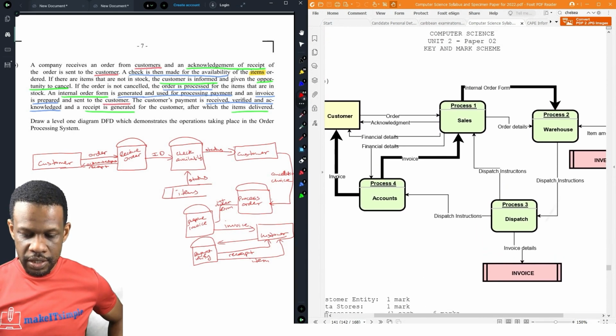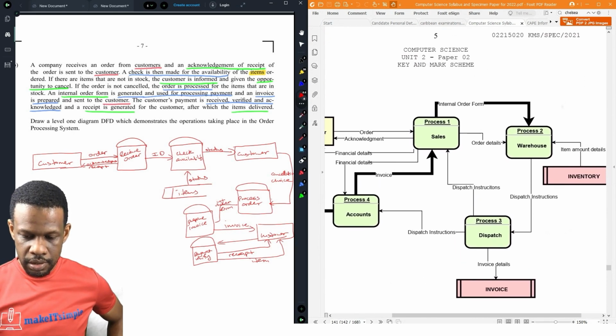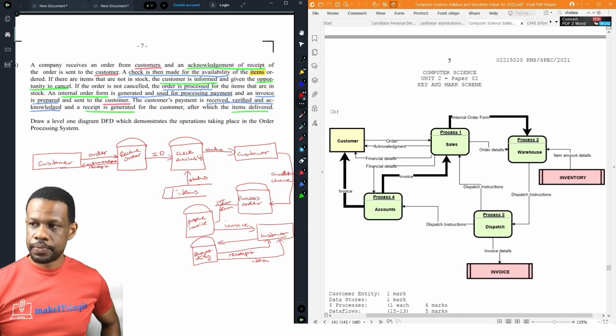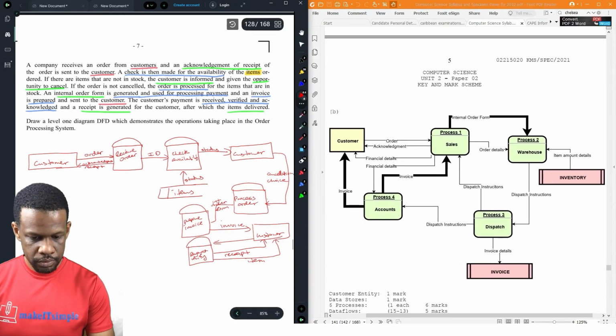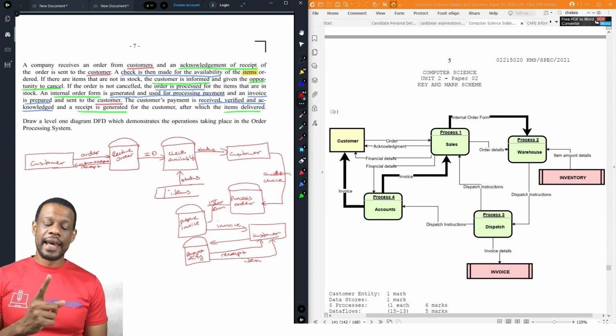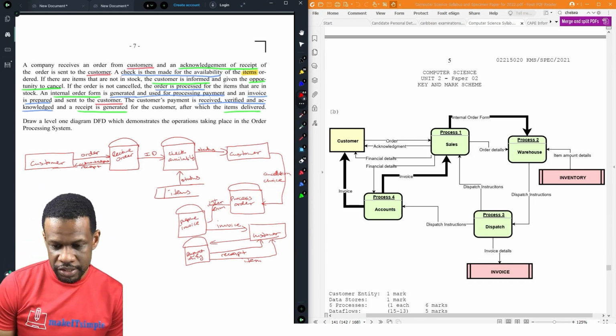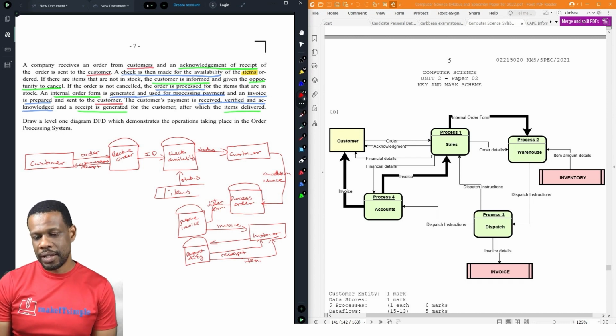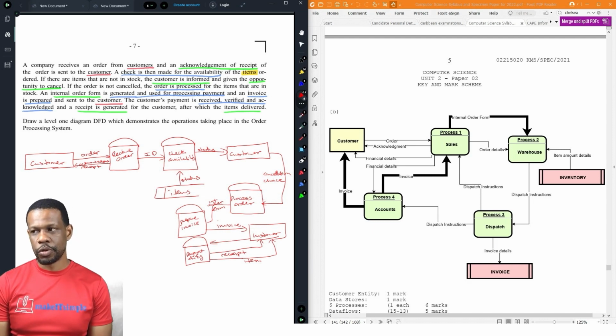Yeah, I 100% do not agree with this answer. I don't know what your views are. Yeah, so let's go with my answer, because I think more than likely when the markers sit down and they have to mark the question and they see this answer on the mark scheme, they most likely will object. Any rational computer science teacher who is marking CXC would watch this answer and say, no, we can't mark it like this,